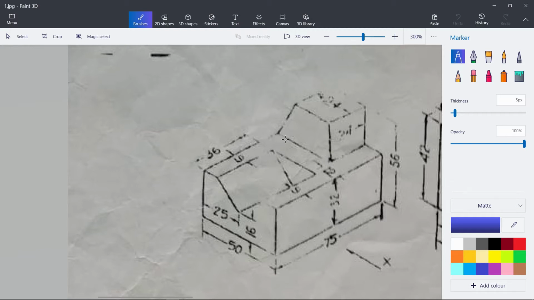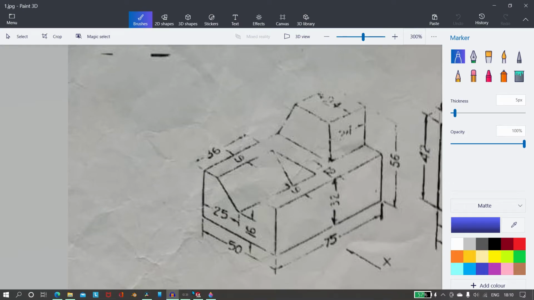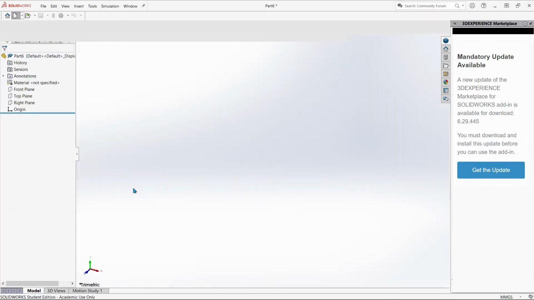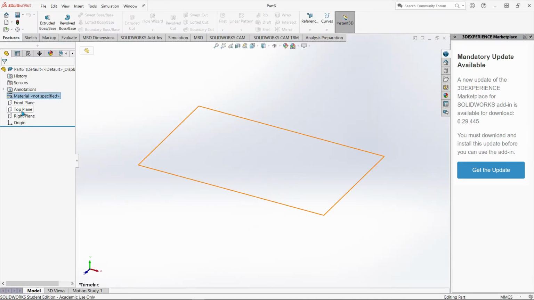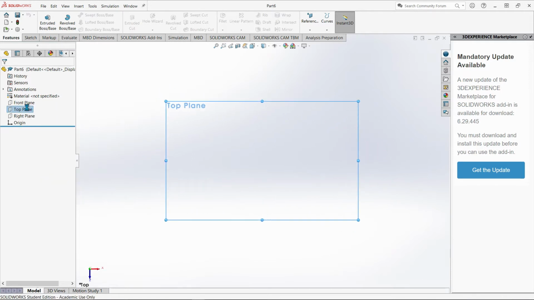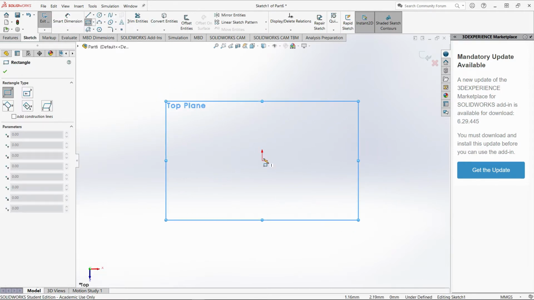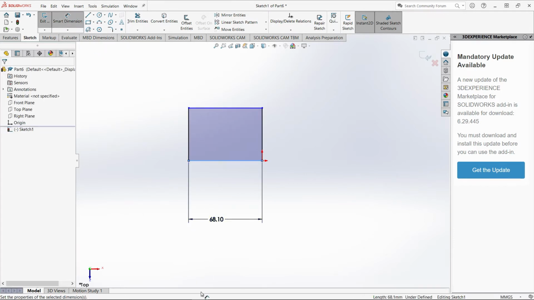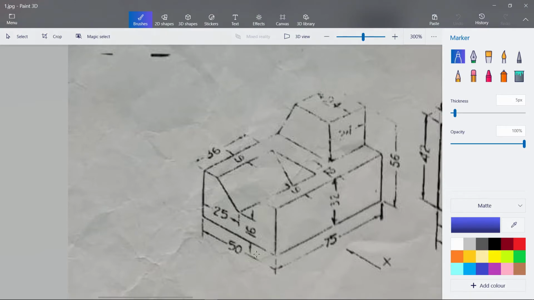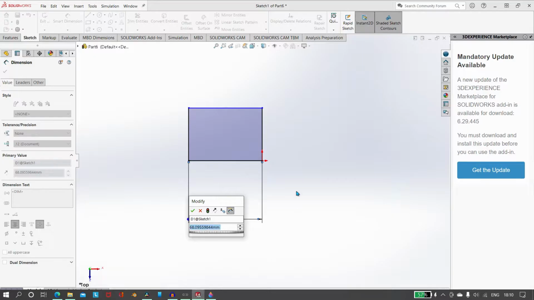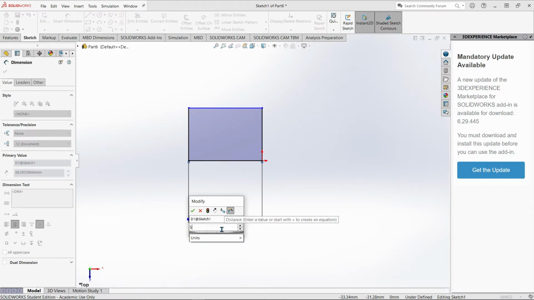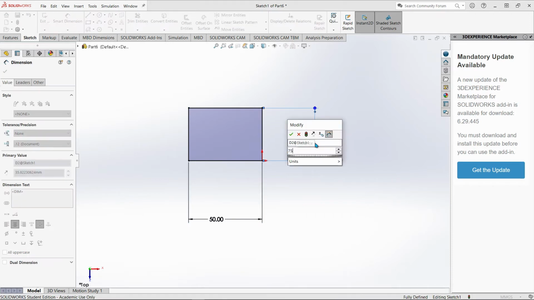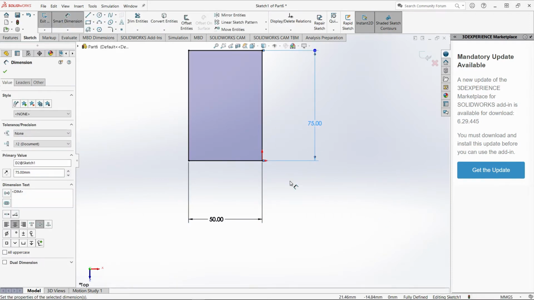So let's begin by creating a part in SolidWorks. I will start with the top plane. I'll create a sketch, and as you know, it's a rectangle. The base is a rectangle. I'll dimension it. So the dimension is 50 by 75. As always, I keep my dimensions in mm,